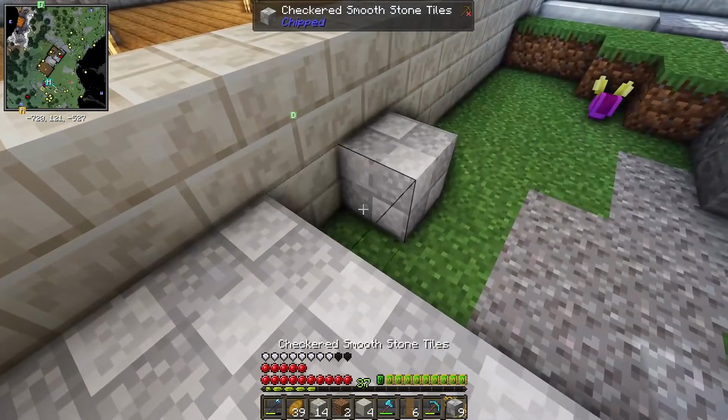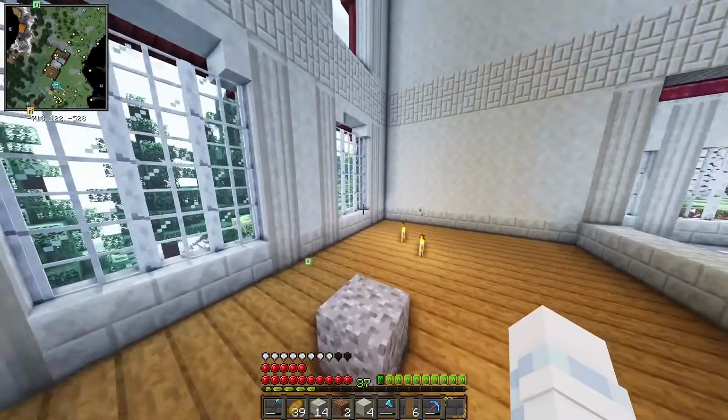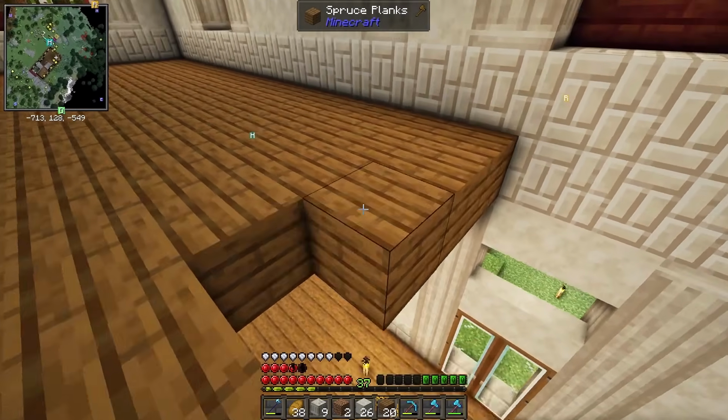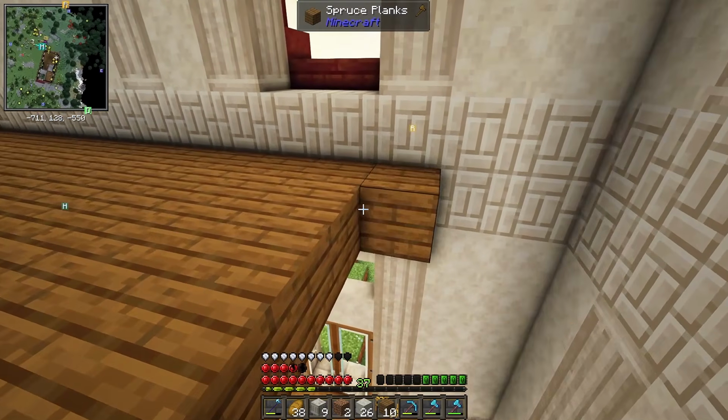I don't know. Simultaneously, so I could ensure harmony between the details of the two. For the main entrance and kitchen, I kept that checkered stone pattern, but then the entire upstairs, I just went with classic spruce planks. They're really my favorite, and I think even in modded Minecraft, I can't help but gravitate